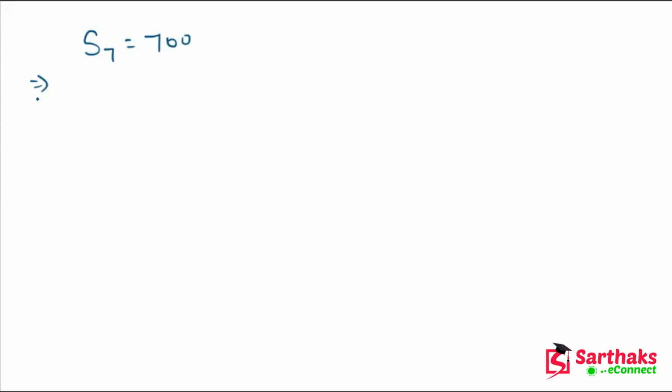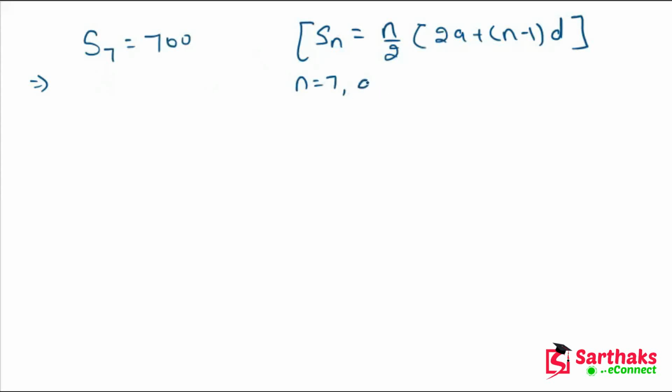Now we use the formula: Sn is equal to n upon 2 into twice A plus n minus 1 into D. Here n is equal to 7, A is equal to p, and D is the second term minus the first, which is p minus 20